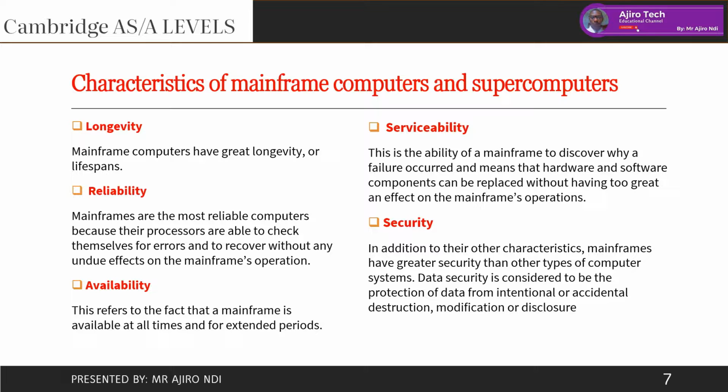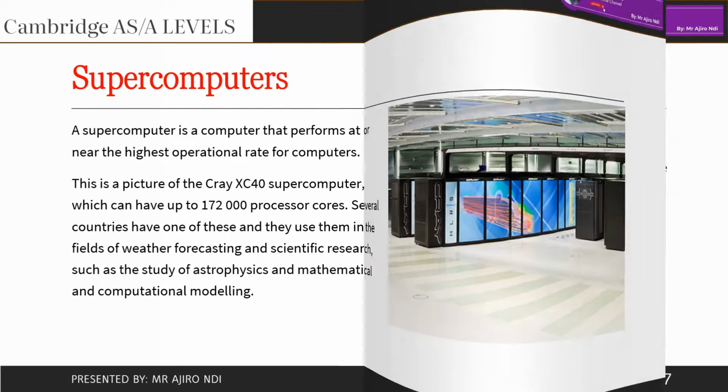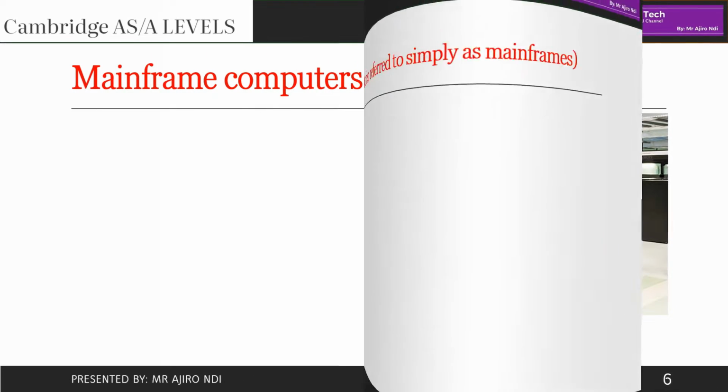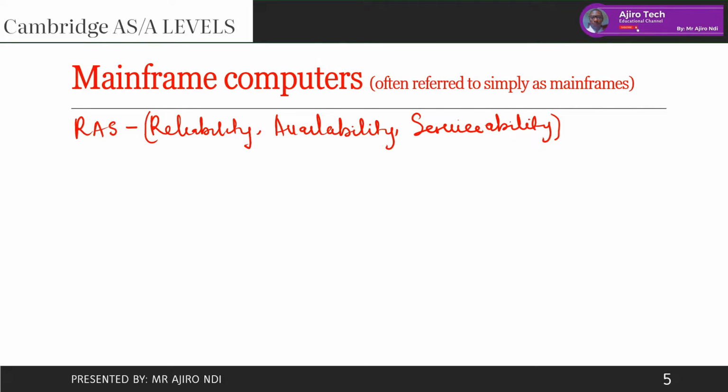The next one is availability. This refers to the fact that a mainframe computer is available at all times and also for extended periods. Now I'm going to talk about this. Whenever I want to talk about something, I go back to the slide right here. So I'm going to talk about